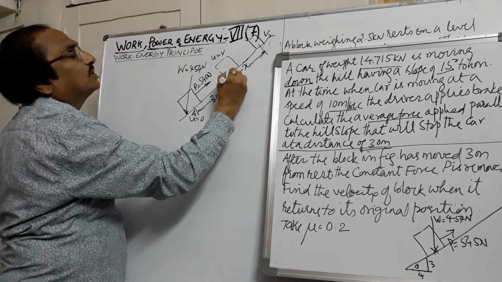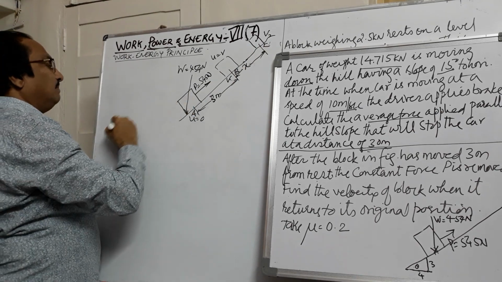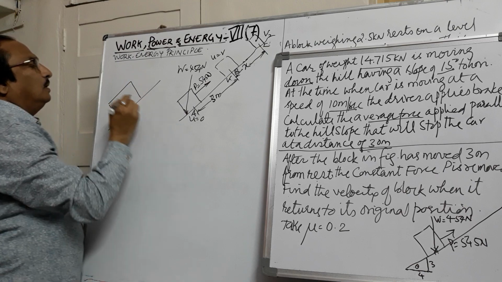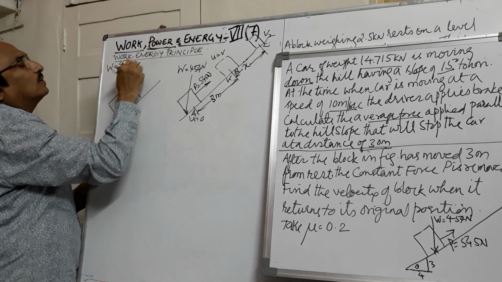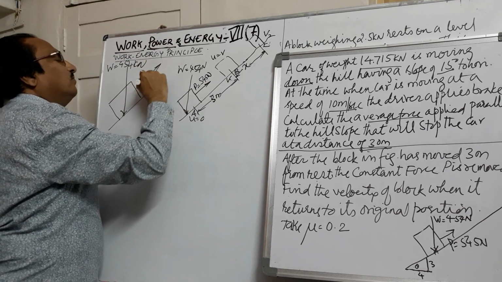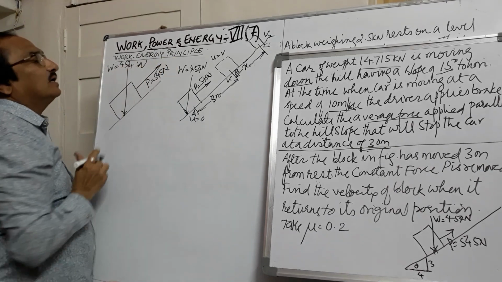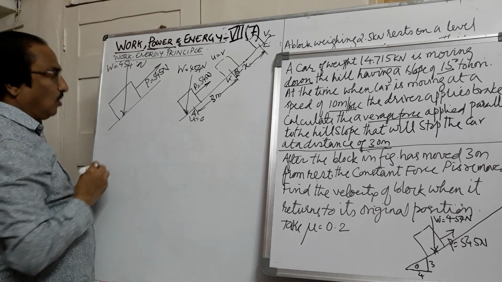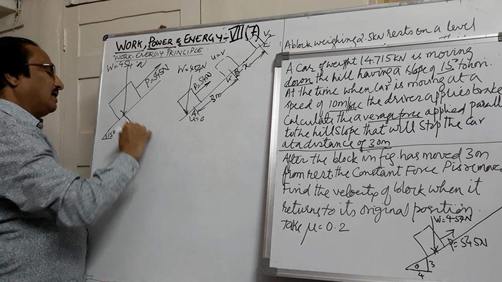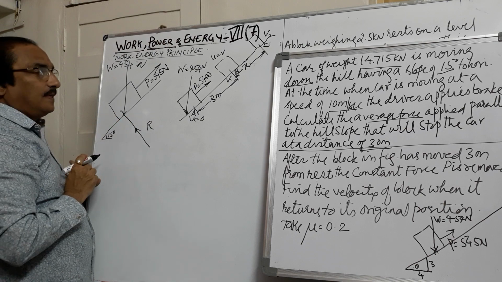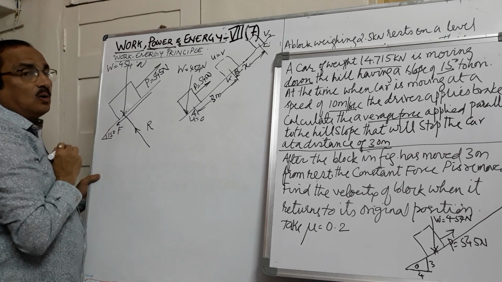This is to be done in parts. Suppose I call the stages position A to B and B to C. If I draw the free body diagram of the block, it has the weight W, 454 Newton. It is being pulled up by a force of 545 Newton. The block is moving up an incline at an angle of 15 degrees. So there will be a reaction acting perpendicular to the surface. Since the block is moving up the plane, the force of friction will be down the plane.